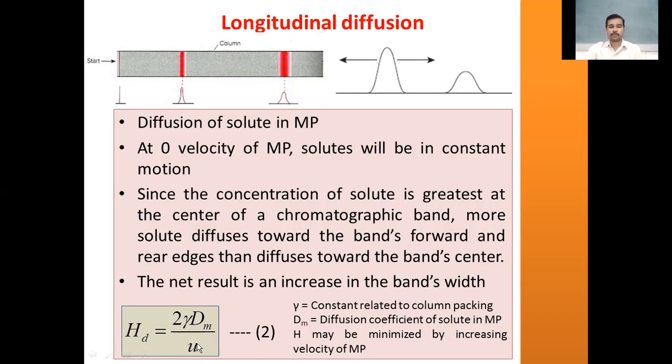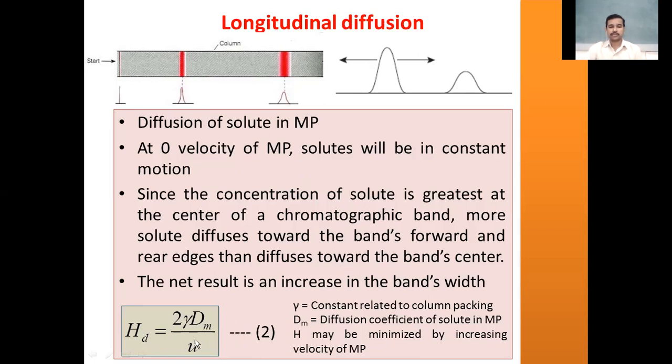So what is the speed of the mobile phase which is moving through the chromatographic column? As you increase the mobile phase velocity, we can make the bands move faster, and hence we can decrease the value of H. This is what we can see by this particular equation. In order to decrease the longitudinal diffusion of the solute, we have to increase the mobile phase linear velocity. Thereby we can have lower bandwidth and lower height equivalent to a theoretical plate. Therefore column efficiency can be increased.